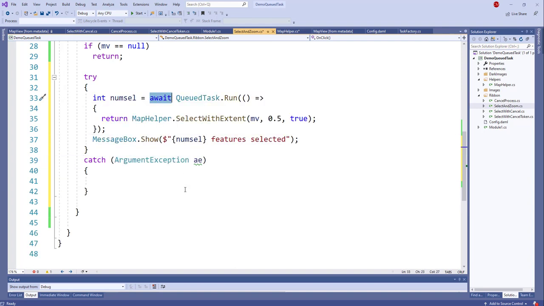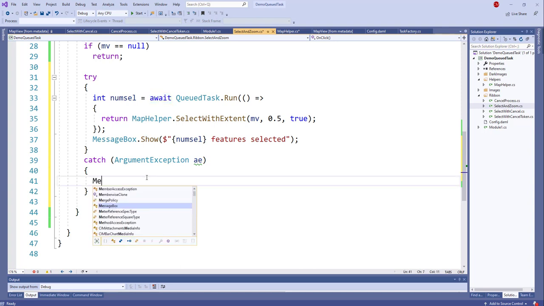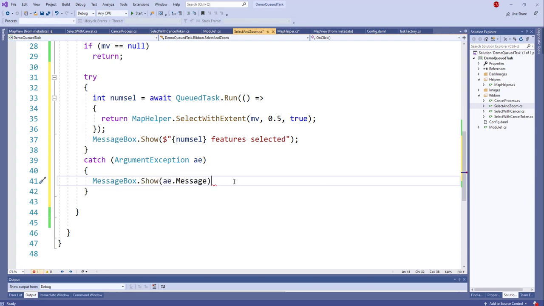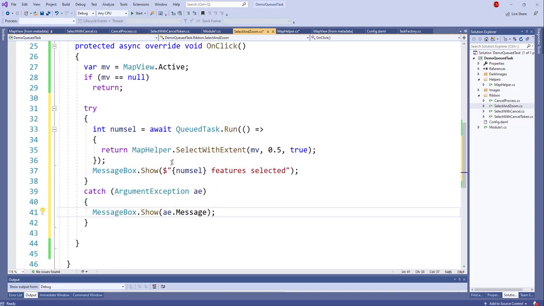And then in my argument exception, I am just going to show the exception message. Now this works because I am awaiting the queued task. So that's the key. The simplest way to deal with exceptions is to put the try-catch around the queued task